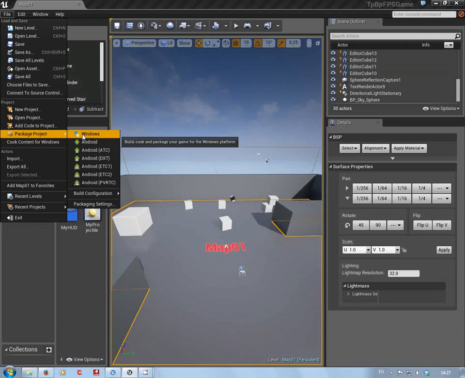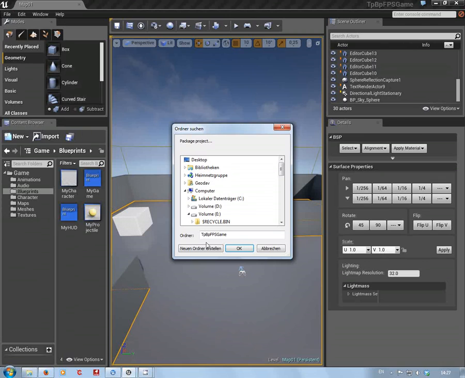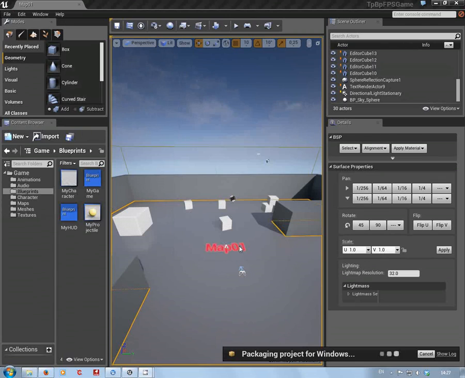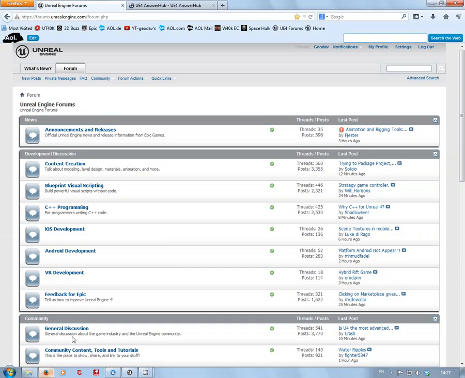And package, build and cut here. We're going to go into there. Now, this can take a little while. Let's see how long it takes. It shouldn't be too bad. But while we're here, let's go up here. Let's go to